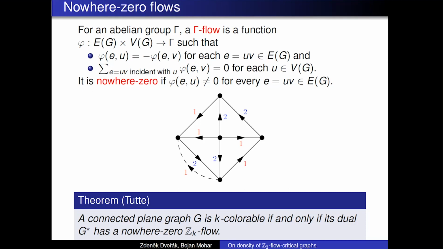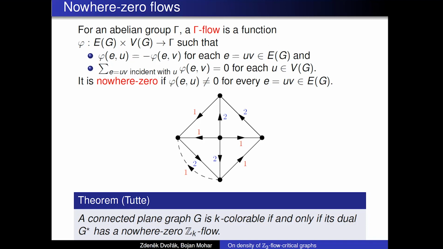And the more important condition is the second one, which tells you that the flow is not created or lost anywhere. So if you have a look at any vertex and you sum up the amount of flow leaving or entering that vertex, it will be 0. And we say that the flow is nowhere 0 if you do not use the value 0 on any edge. And famously,